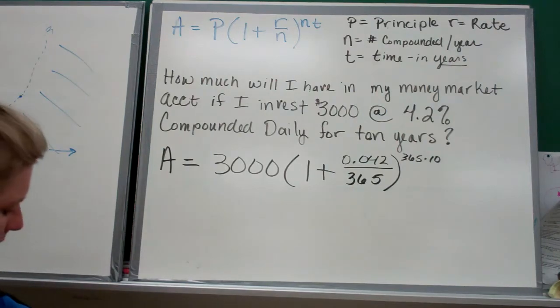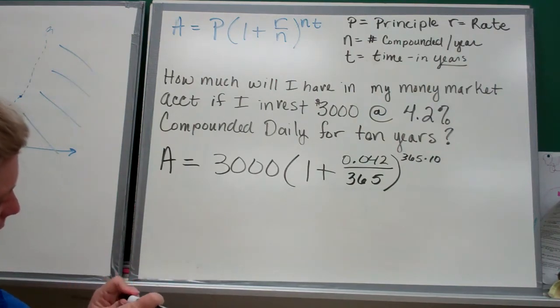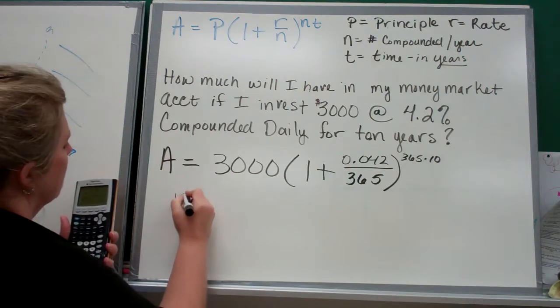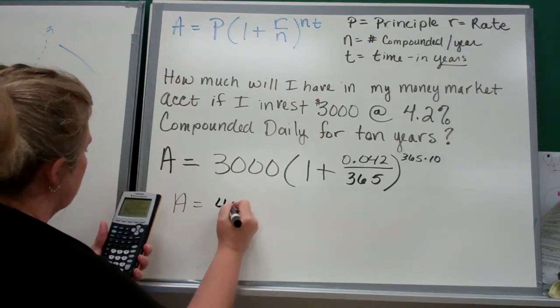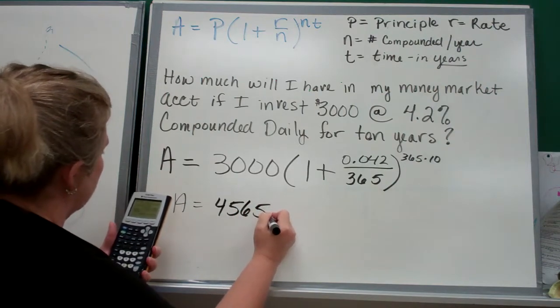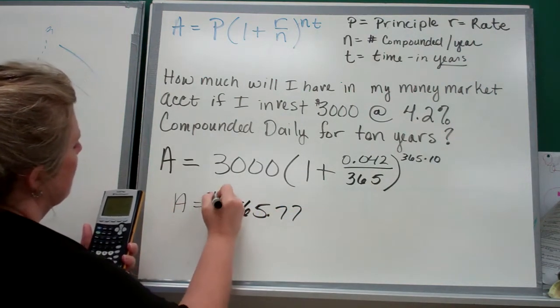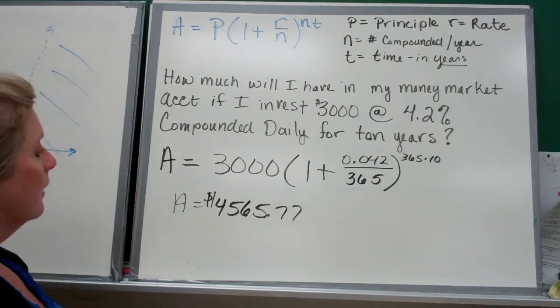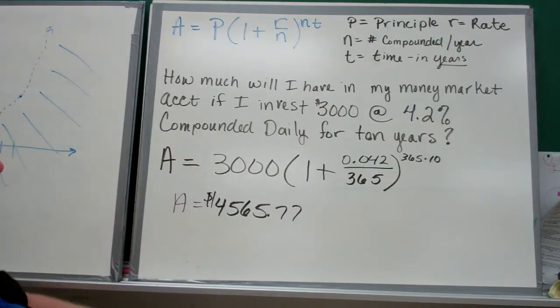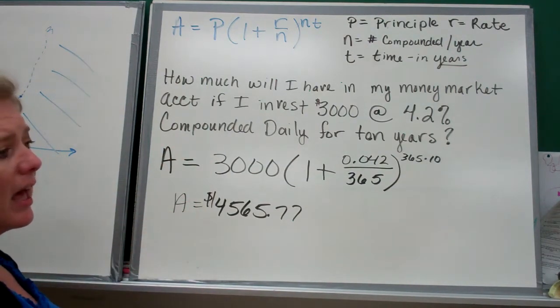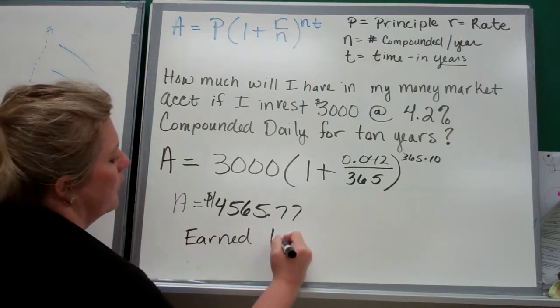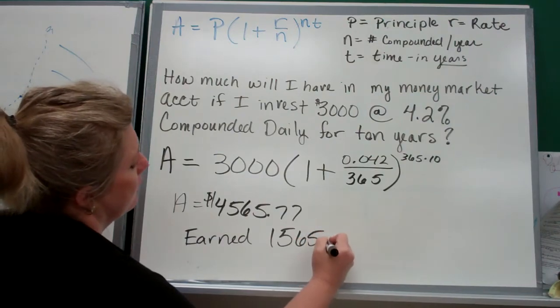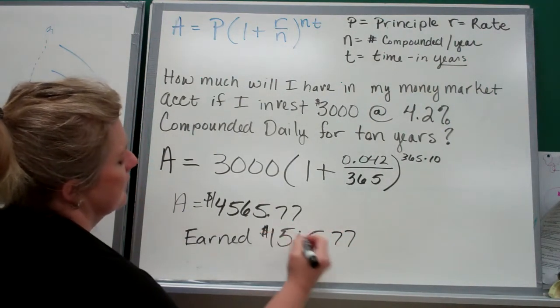At the end of 10 years, this money market account will have increased to $4,565.77, rounding properly. Okay, I started with 3,000 and in 10 years I earned $1,565.77 in